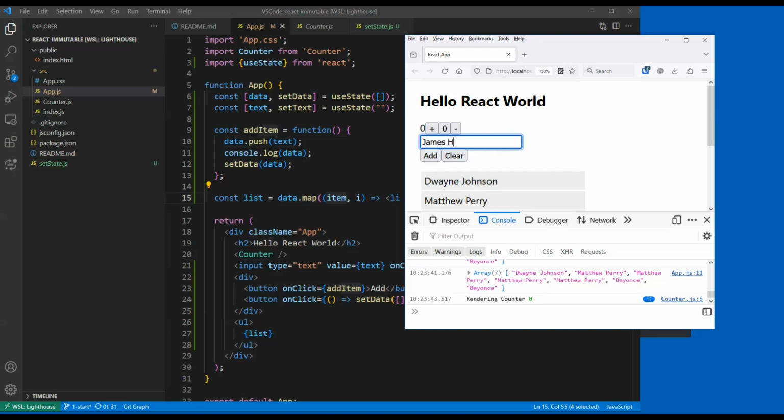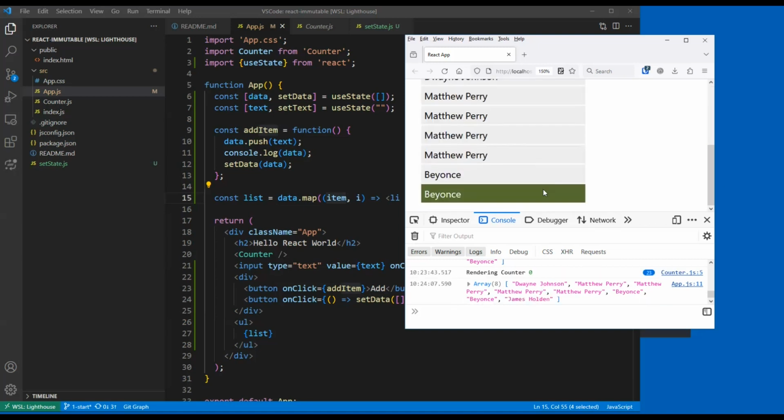James Holden, good friend to have. There he is. Not on the list though. So clearly something is happening that shouldn't be happening in my code. Definitely. So what is it? Well, what's happening is